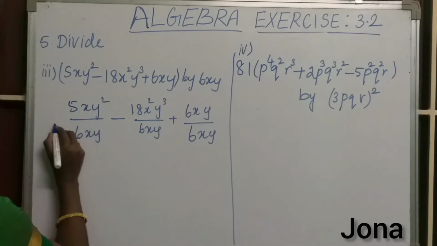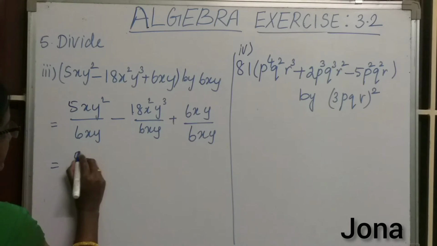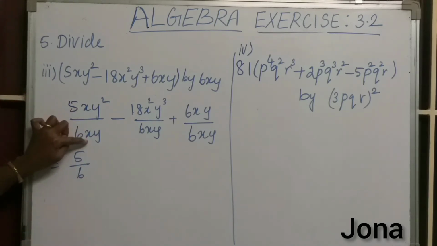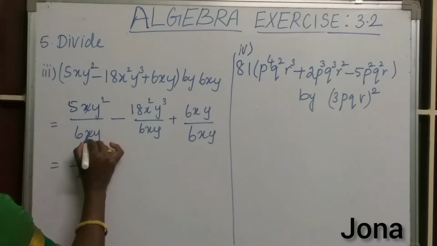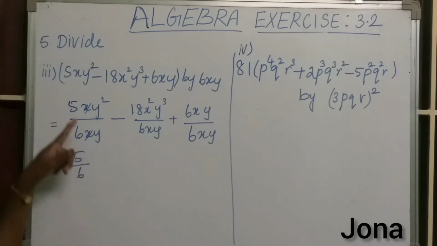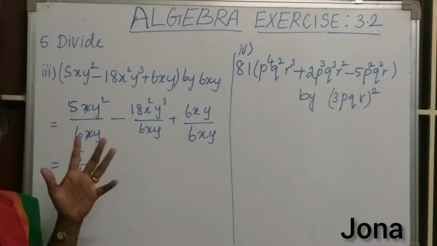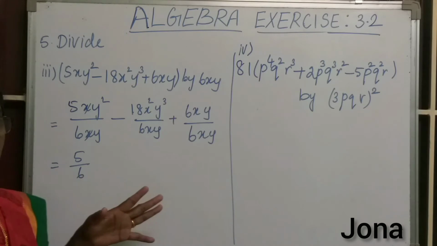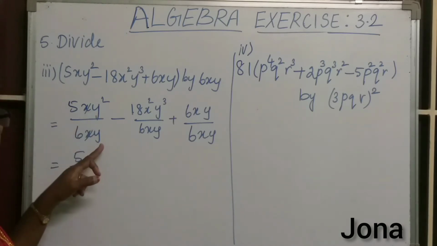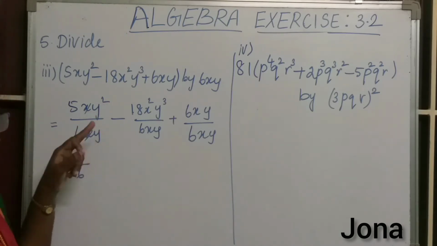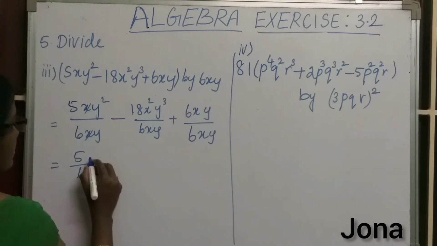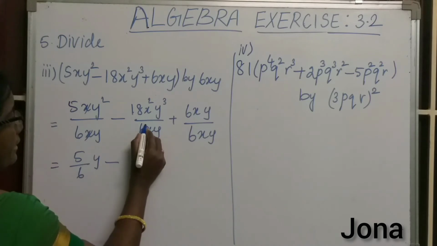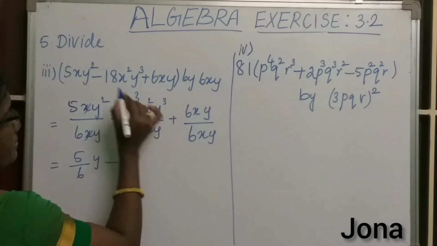So we can write like this, 5 by 6 as it is. Here x is here. Here also x. We can cancel this x and x like this. Or else 1 minus 1 is 0. X power 0 is nothing but 1. So no need to write the x term here. And y square, here this is y. It's 2 minus 1. That is 1. So simply we have to write y. Minus. Here we can cancel this and this 3 times.